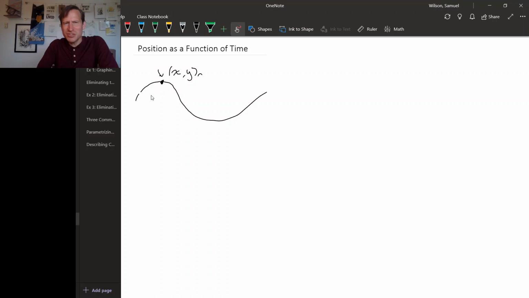of this object just at one particular time. So this might be at, say, t equals 0. And later on, at, say, t equals 1, maybe the object has moved over to this point. And at t equals 2, maybe it's moved over here. In this situation, this x coordinate and this y coordinate change as time changes because the point moves around, so its coordinates must change. So really, x comma y isn't the right way to think about the location of this